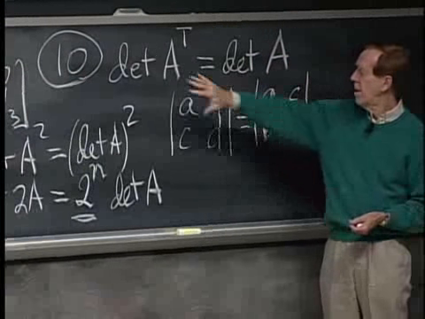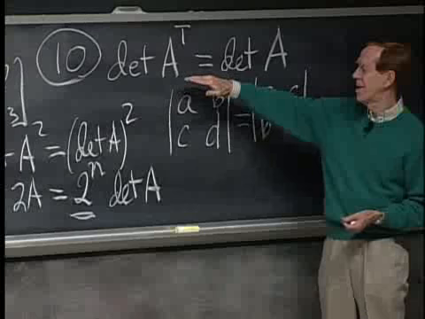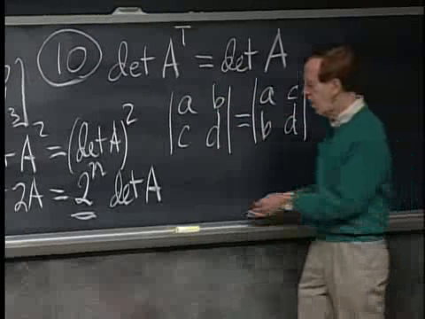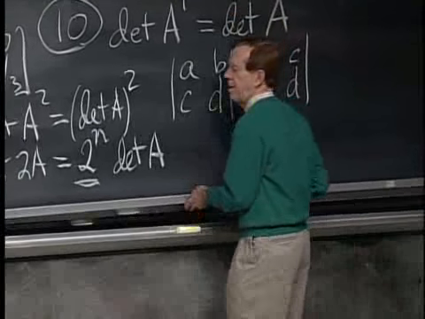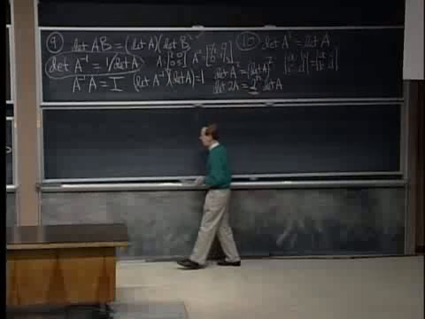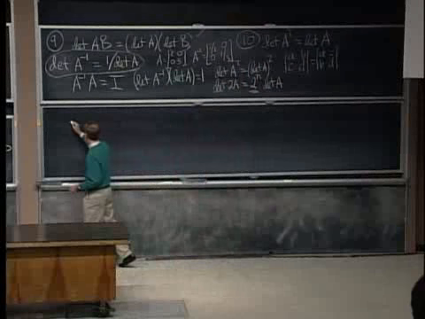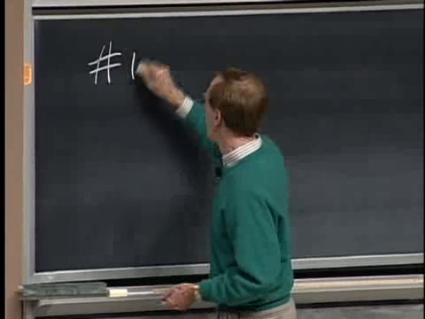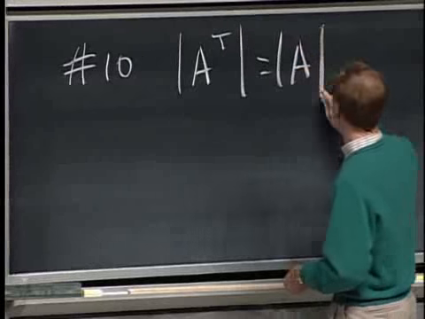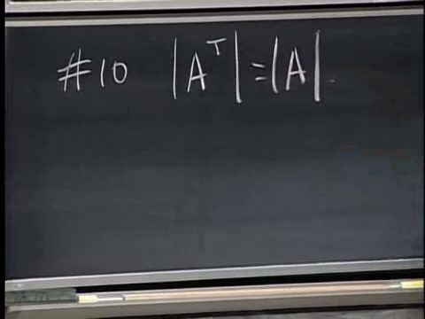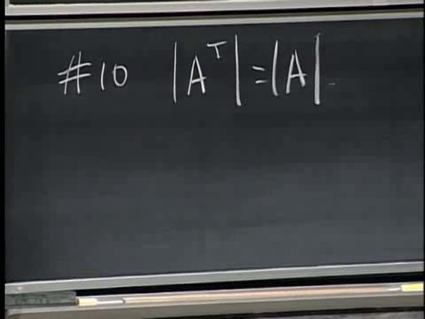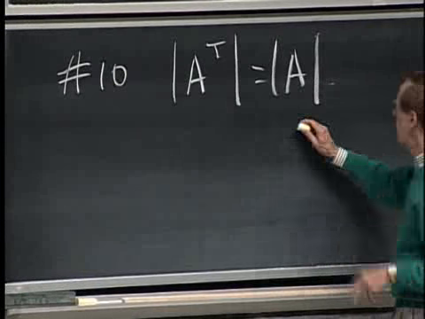OK. Maybe it's worth seeing a quick proof of this number 10. A quick proof of number 10. Let me take this is number 10: A transpose equals A. Determinant of A transpose equals determinant of A. That's what I should have said. OK. So let's just